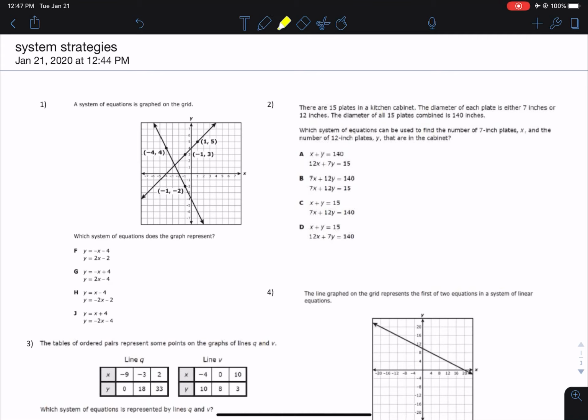So what we're going to do is we're going to pick the closest point. The closest x value to the intersection is -3. The closest y value is 1. So if I use -3 for x and 1 for y, I should get really close to one of the answers. So let's write that here, -3 and 1, x, y. All right, so in order to test answer choice F,